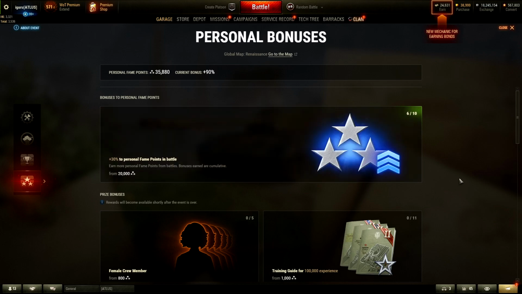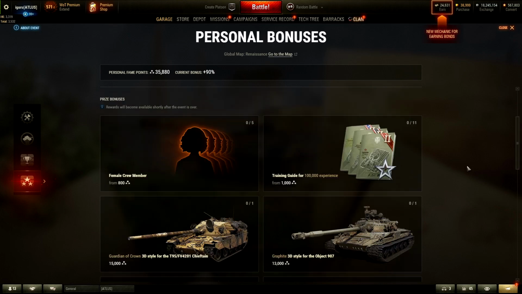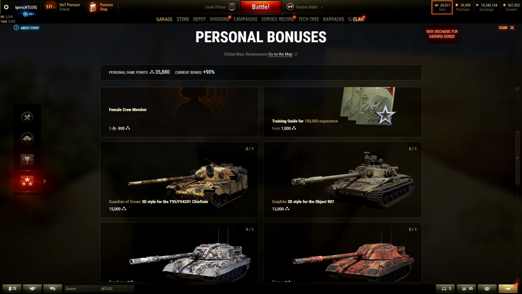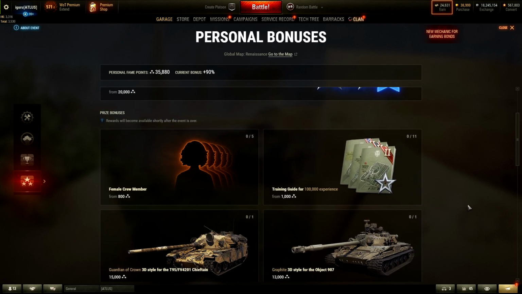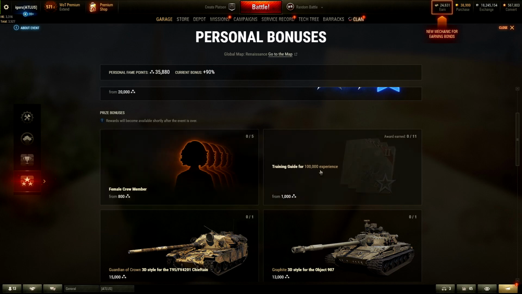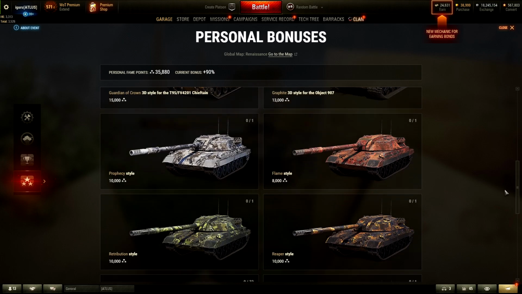This is where all your fame points go, and this is where you manage them once the event is done. You can buy your crews here. After you spend it on getting the tank, you can use the rest of the fame points to buy female crew, buy training books, buy the 3D style for the Chieftain, for the 907, or buy these